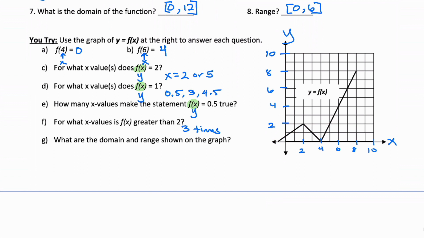All right, and we're finally down to the last question. What's the domain and the range of the graph? Domain means how far to the left and how far to the right does the graph go. I would probably assume that's a -1 right here. So as far to the left, it looks like it goes as far to the left as -1. As far to the right, a common mistake is for students to say it goes all the way to 10. But look, your graph didn't go all the way to 10. Your graph stopped at 8. So it went as far left as -1 and as far right as 8. I'm going to write from -1 to 8